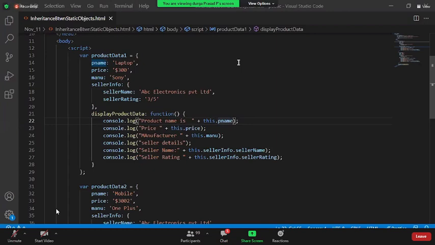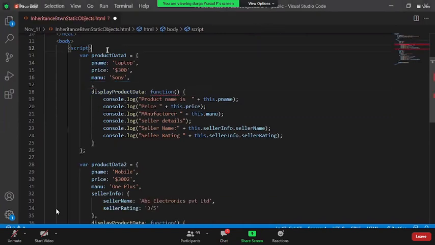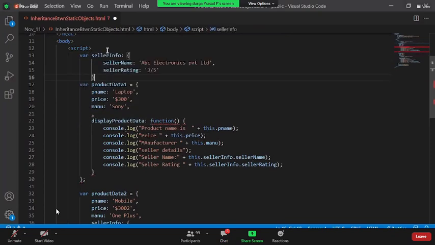Yes. This is where the concept of inheritance is going to come into the picture. Now my requirement is, I have the common data here, which is the seller info data. What I want to do is take out this seller info data and make it a separate object. When it is a common property for both of them, let us create a seller info object equal to so and so.